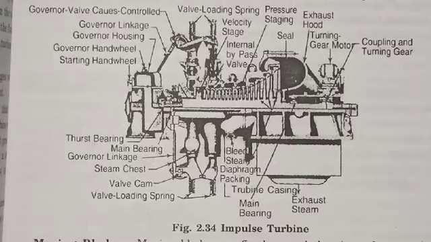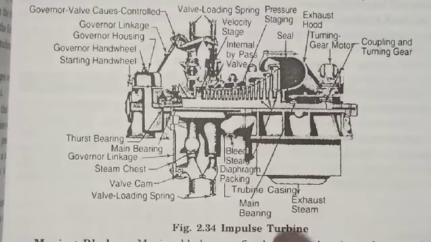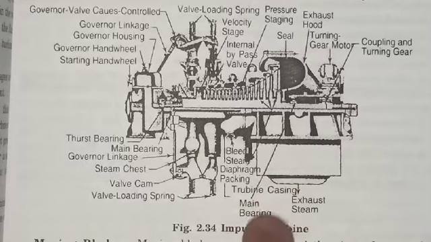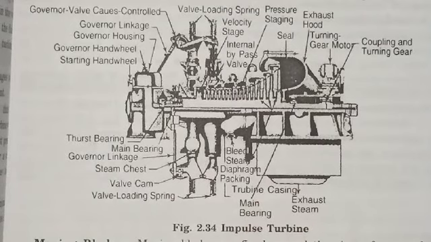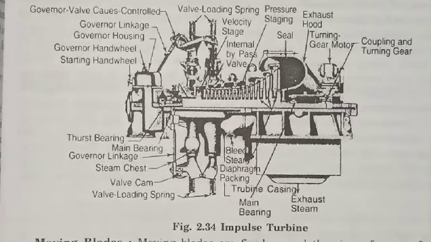Hello everyone. So today we are going to learn all about the mathematical expressions of an impulse turbine. Yesterday we learned what the impulse turbine is, and I described the different parts of an impulse turbine. From the figure you can see clearly the schematic diagram of an impulse turbine showing all the important moving parts as well as stationary parts.